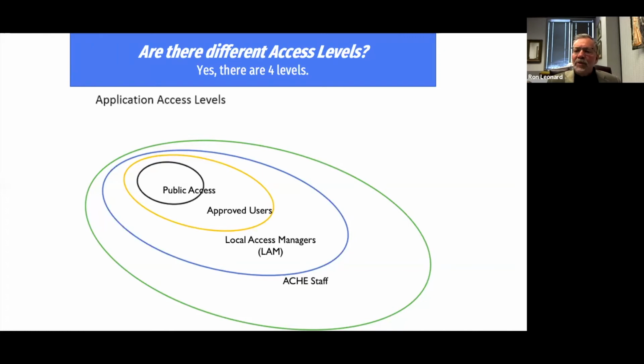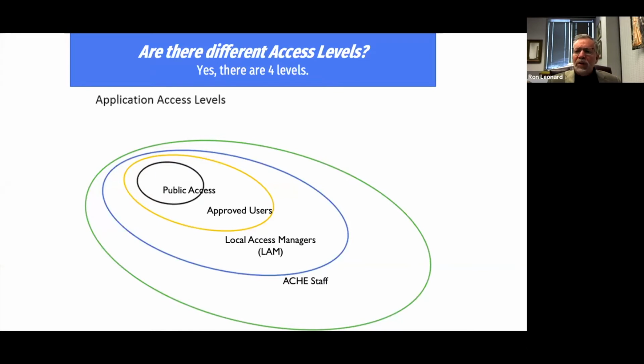The next step up is what we call local access managers. Not only can they see the student data, but they can also create accounts. They can add accounts, they can delete accounts as needed. When we set the accounts up for a district, we gave each district the option of creating 2 local access managers.